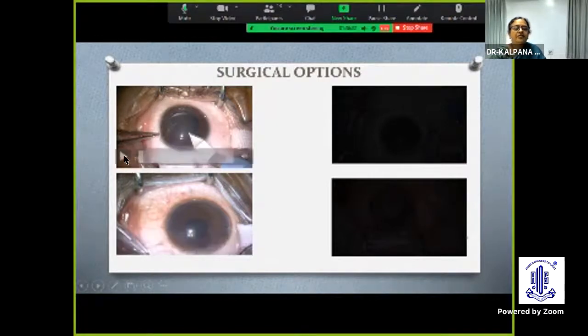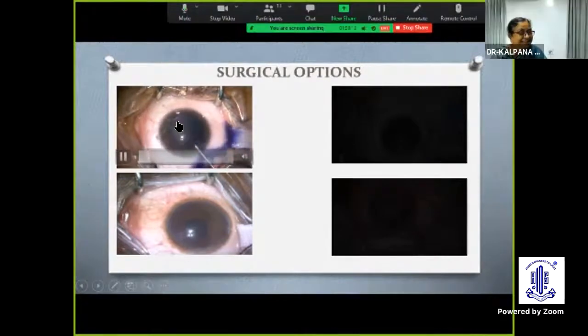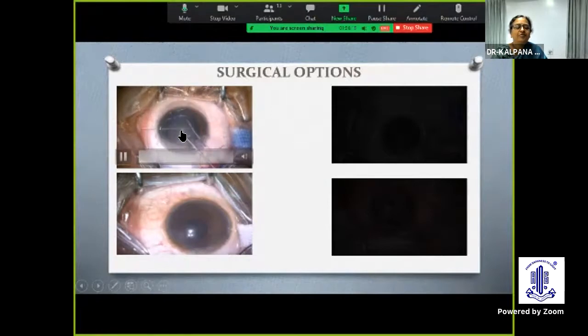And this is a patient where there is not much of a subluxation. One minute left. I had 15 minutes, I thought, okay, I'll try to push off. So this is the video. I'm not going to show it because it's routine.